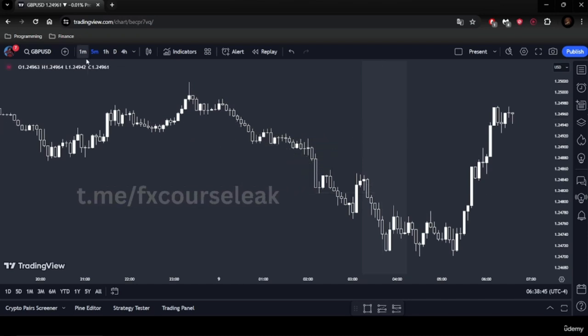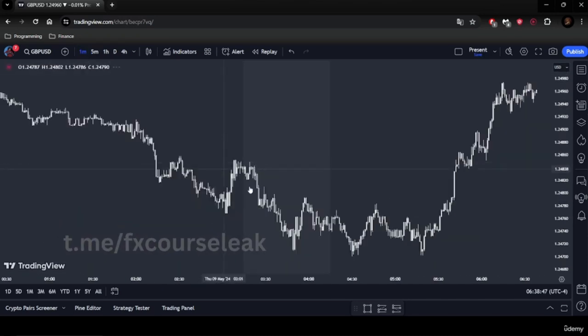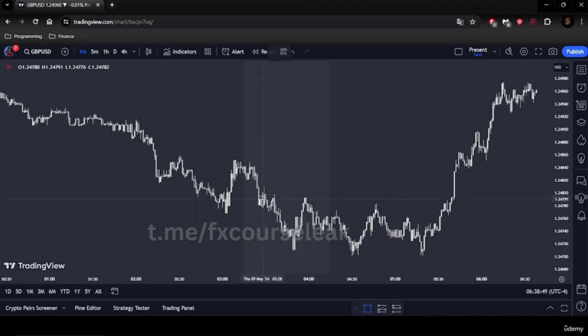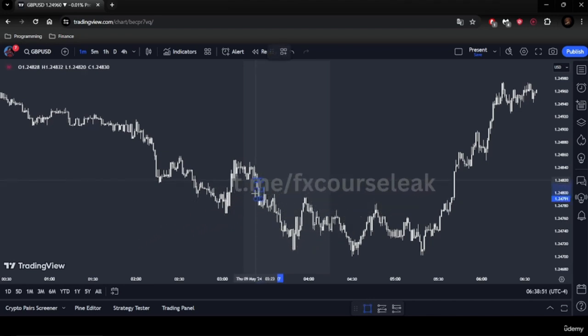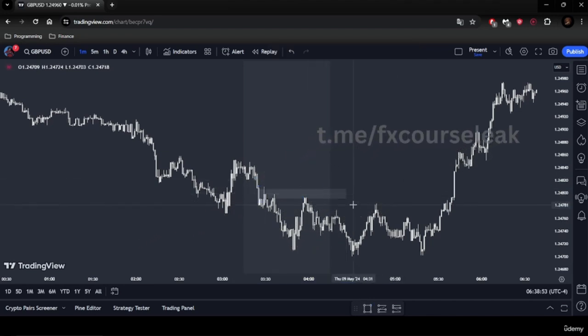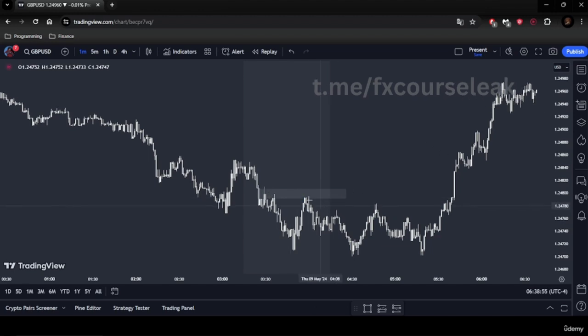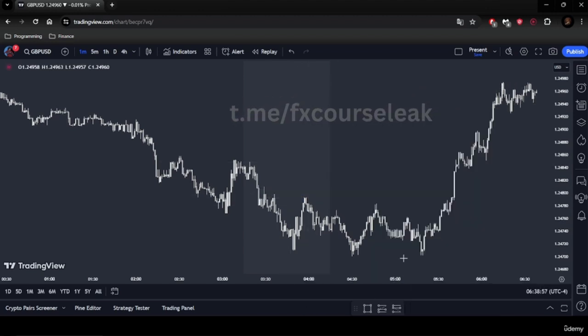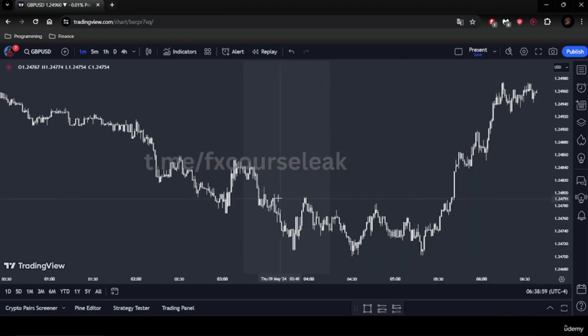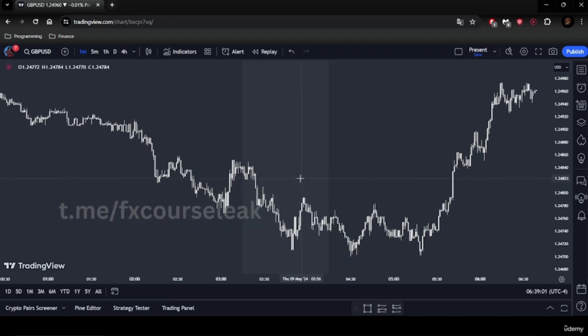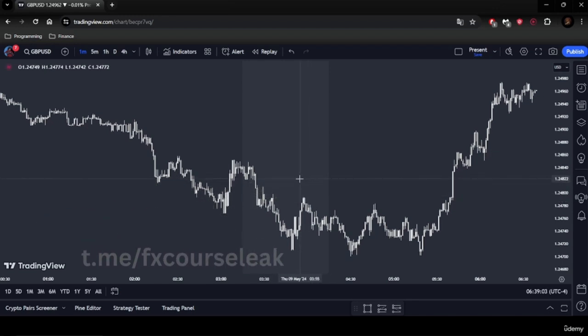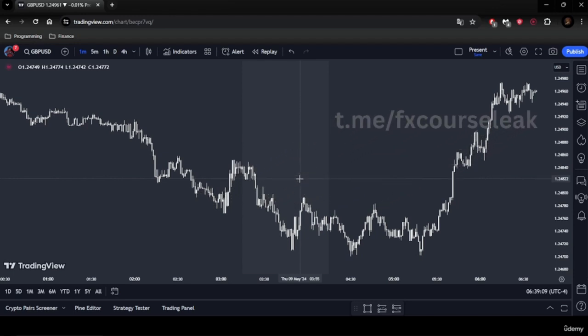But if we see a fair value gap at a premium, such as here was our premium, then we say there's a fair value gap at a premium, enter the fair value gap. But if it's premium here and you want to enter all the way here in the fair value gap, it likely won't go all the way there. It will sometimes, as always, but in most cases it won't.